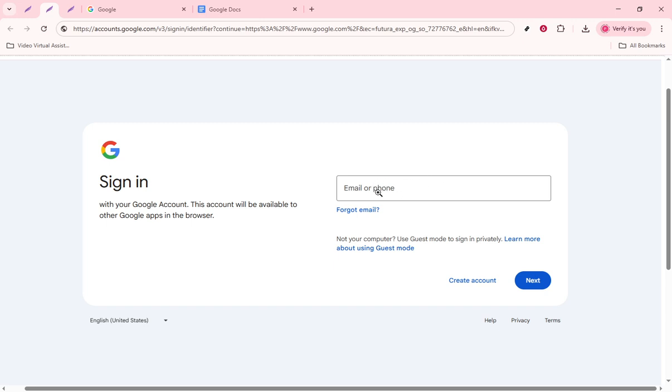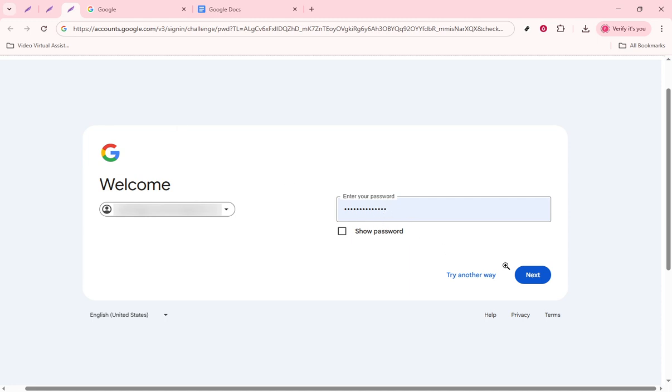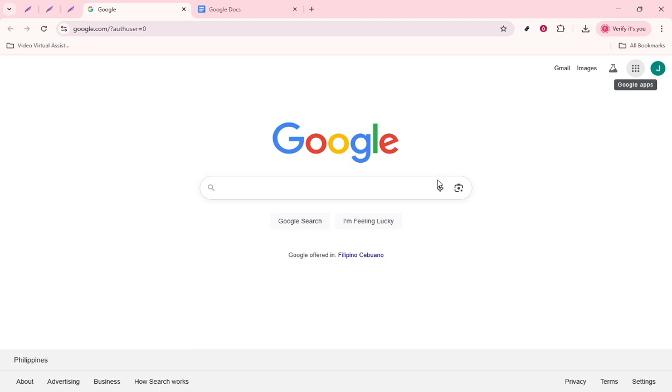You'll be prompted to enter your email address. After you've typed it in, click Next. Then you'll need to enter your password. Again, click Next. After doing so, this will bring you into your Google account where all of Google's services, including